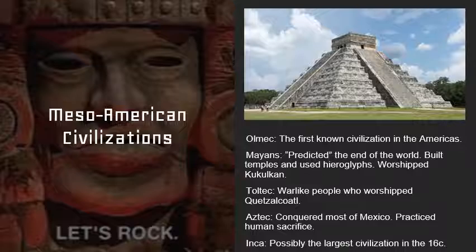Now, in order to be a civilization, you have to have a written language, right? The Olmecs had a very crude language that was basically just a calendar. The Mayans improved upon that. They used what are called hieroglyphs. Hieroglyphs are essentially pictures instead of words as we think of them. But they use those hieroglyphs and they have a very, very accurate calendar.